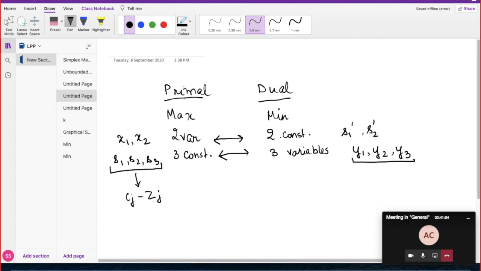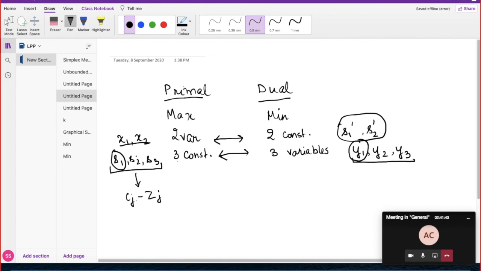So if I have to find out values of the primal variables using dual, I'll solve the dual and I'll have two values of Cj minus Zj for S1' and S2'. These would correspond to the values of the two variables in the primal. Okay, now the order in which you are going to take is corresponding to first constraint, your slack or surplus is S1. So its Cj minus Zj will give you the value of the first variable. So you have to match the order. First constraint Cj minus Zj under S1 is going to match with first variable in the dual.